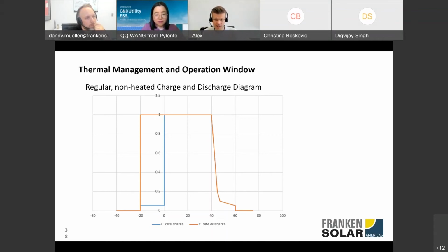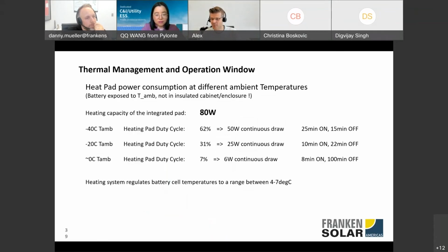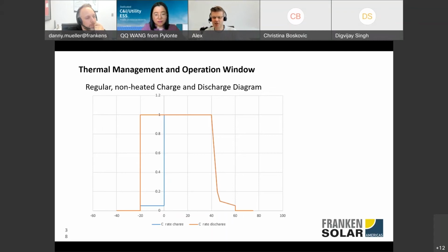On the charging level, however, that's the blue line you see. Charging is severely restricted towards low temperatures. So the general rule of thumb is you should not charge a lithium iron phosphate battery below 0 degrees. And that's exactly the point where the heating and thermal management comes in with the 12-100 battery we're talking about